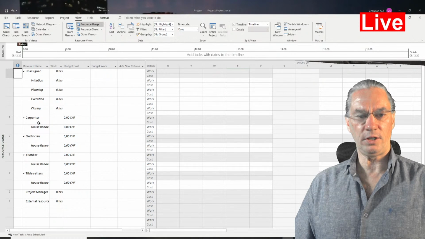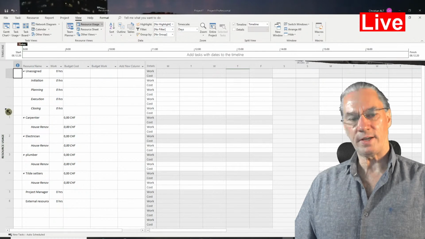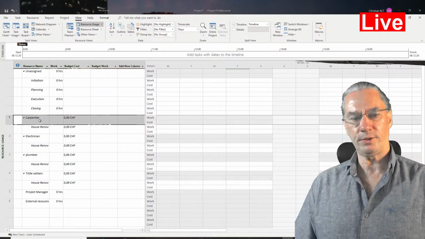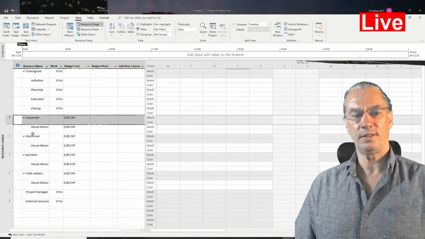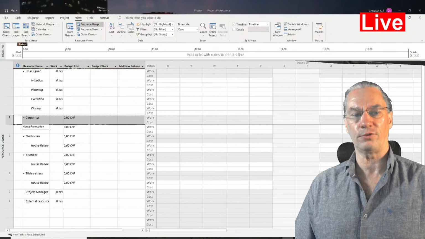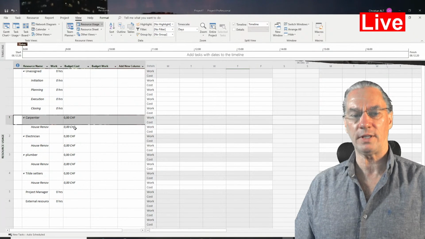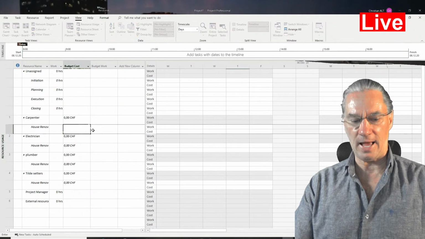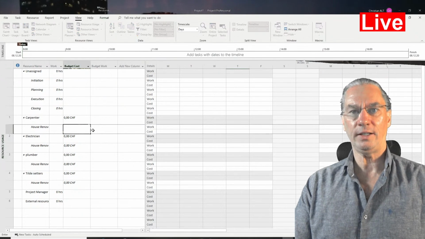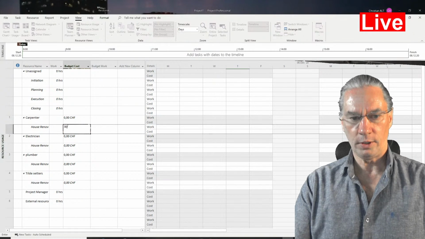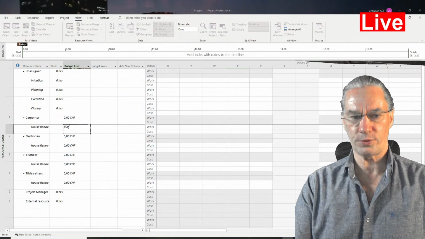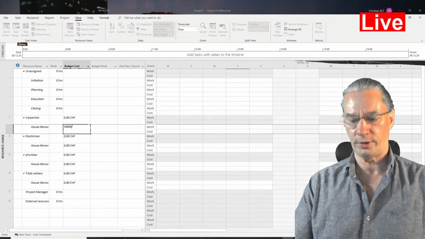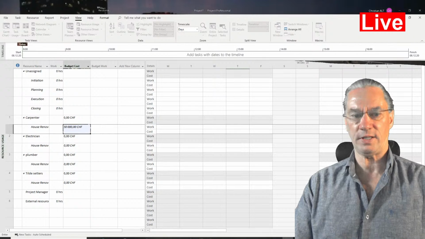we see here that, for example, if I take the carpenter, it has one task that is defined. It's coming from that allocation that I did just now, and here I can add the amount. In that house renovation, the carpenters were redoing a lot of work, so it did cost 50,000.